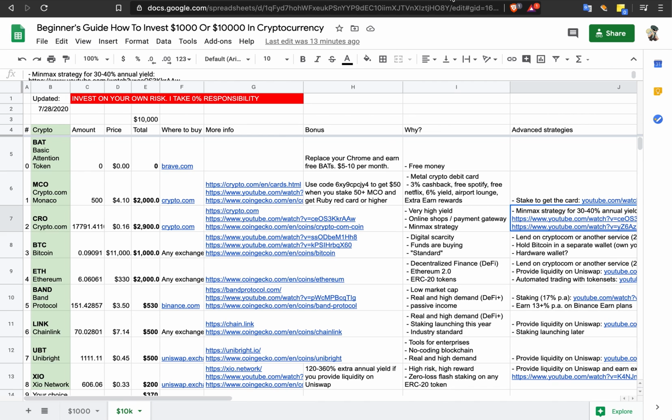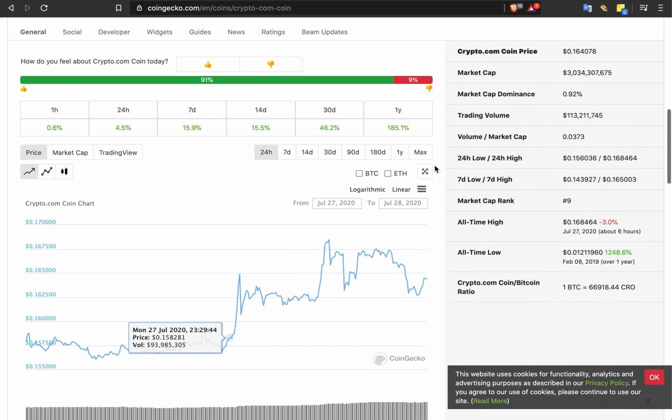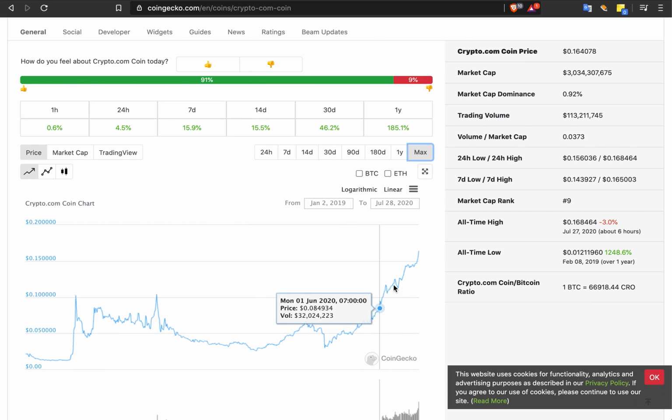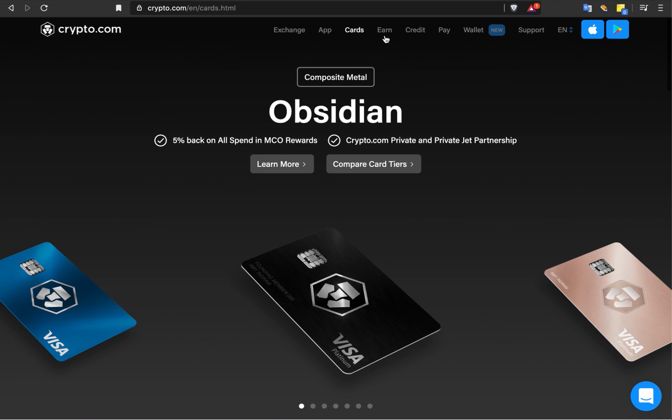If we just take a look at the CRO price here, if we take a look at the zoomed out version, you can see it's just steadily going up and up. And the big reason is that they offer this high yield currently, and CRO is actually being adopted by online merchants. So crypto.com, they are building a merchant panel for